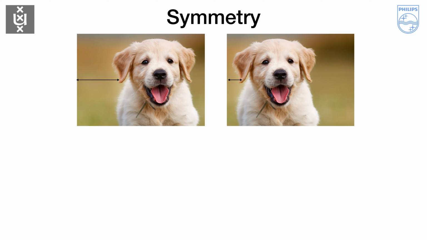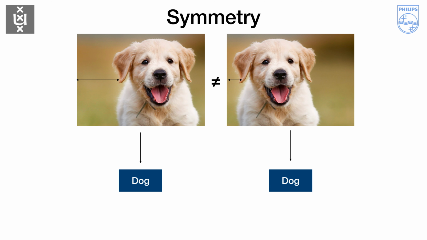Trivial as it may seem, these two images contain the same dog, but shifted horizontally. In terms of pixel values, however, they are numerically different images. The label, and so the task of classification, is translation invariant. Exploiting known invariances, or more generally, symmetries in learning is an old idea, and it underpins convolutional neural networks, or